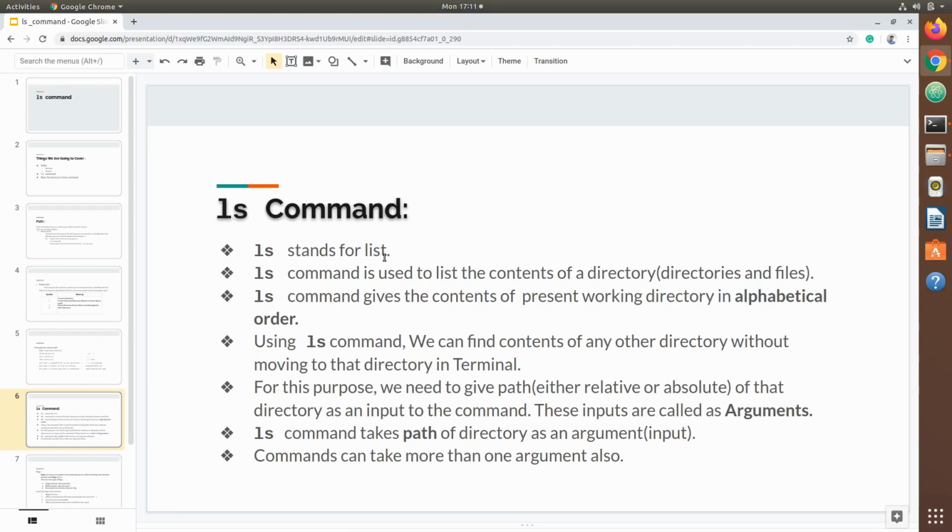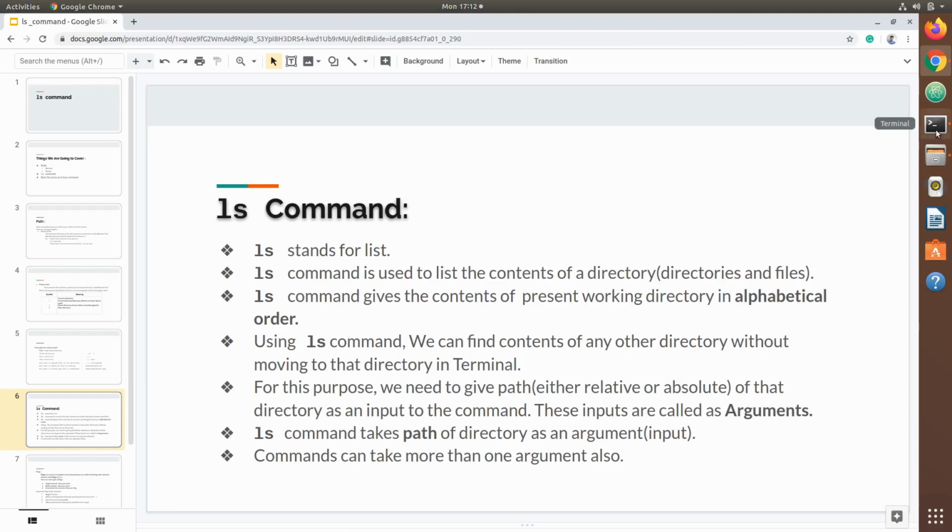Note here that in Linux, most of the commands are abbreviations of their definitions. For example, pwd is an abbreviation of print working directory. ls is an abbreviation of list. The ls command is used to list the contents of a directory. The contents can either be directories or files.